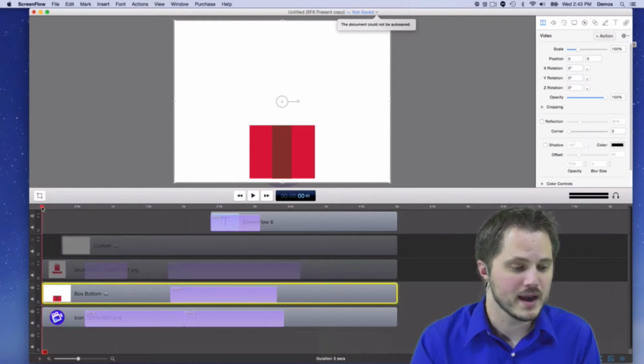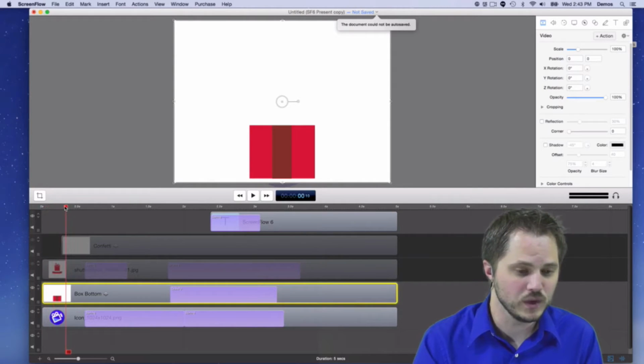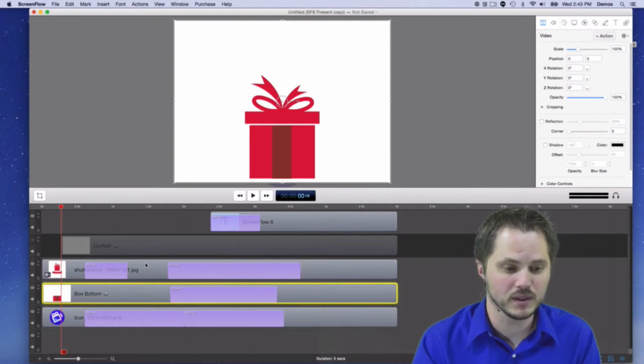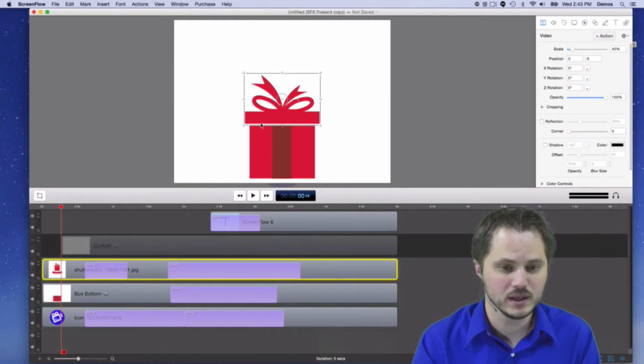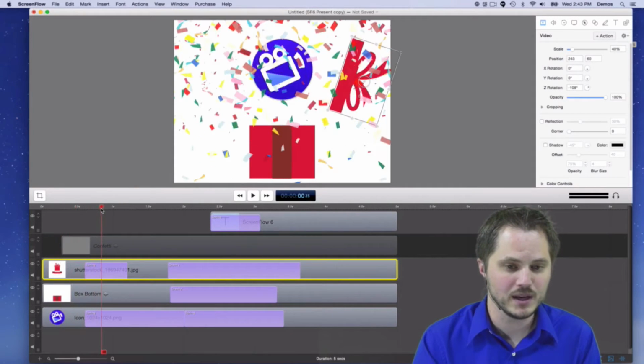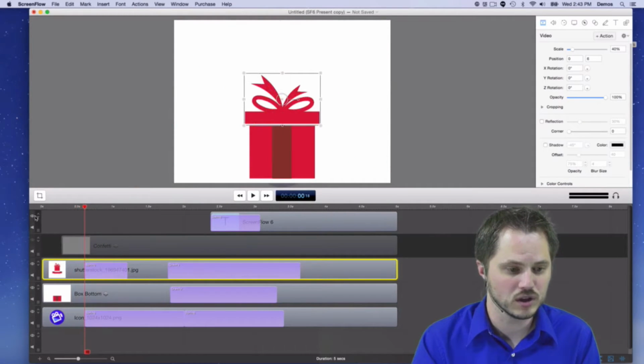All right. Now, next thing we did, as I said, we did the same thing. We duplicated just the box bottom, but cropped off everything but the lid part. I even cropped it down so it's very straightforward. And then the final element, so here's what I did. I just kind of animated it so that, I'm going to turn off the confetti here,